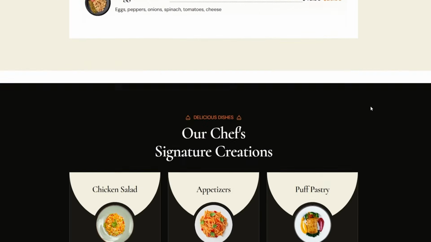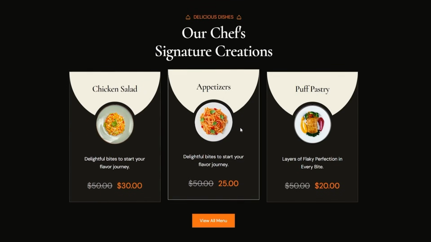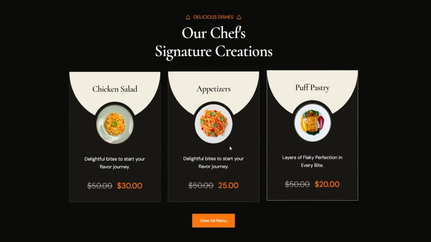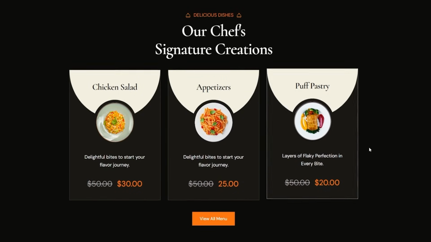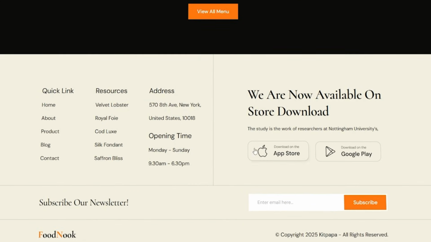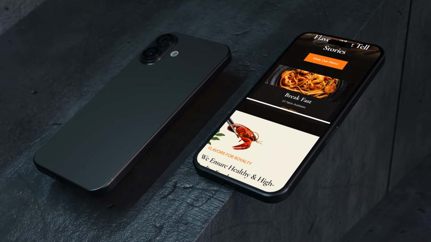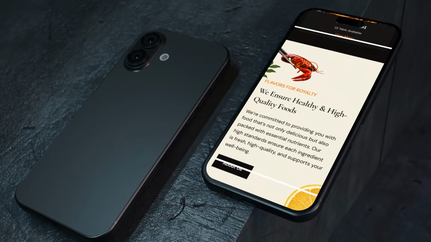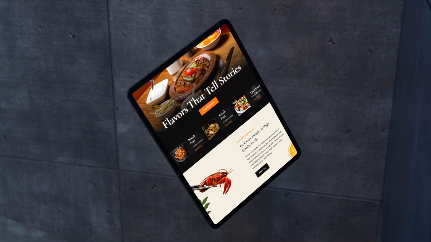You'll also learn how to create stylish product cards with amazing hover effects. Trust me, these cards will stand out and make your page look super unique. And finally, we'll wrap things up with a beautifully designed footer. It'll have quick page links, Play Store buttons, a newsletter subscription option, and clean copyright text to keep it professional. Most interestingly, we'll learn how to make any web page 100% responsive for mobile and tablet devices, so there